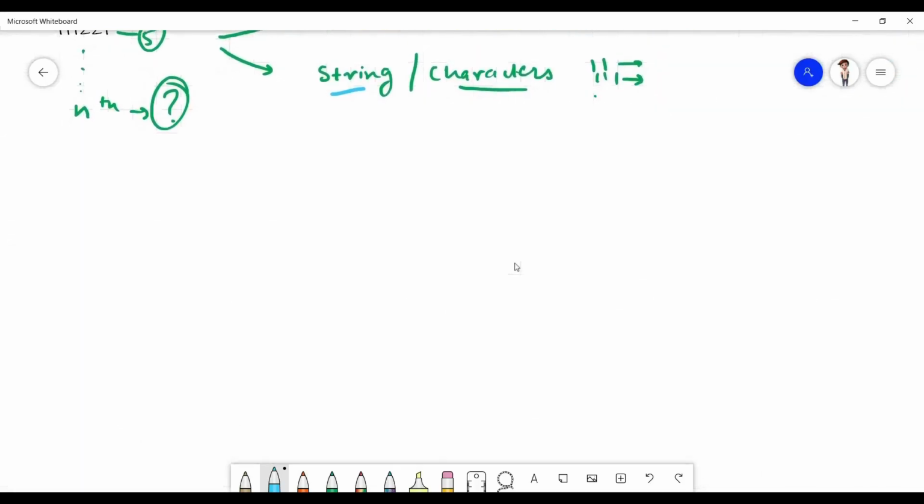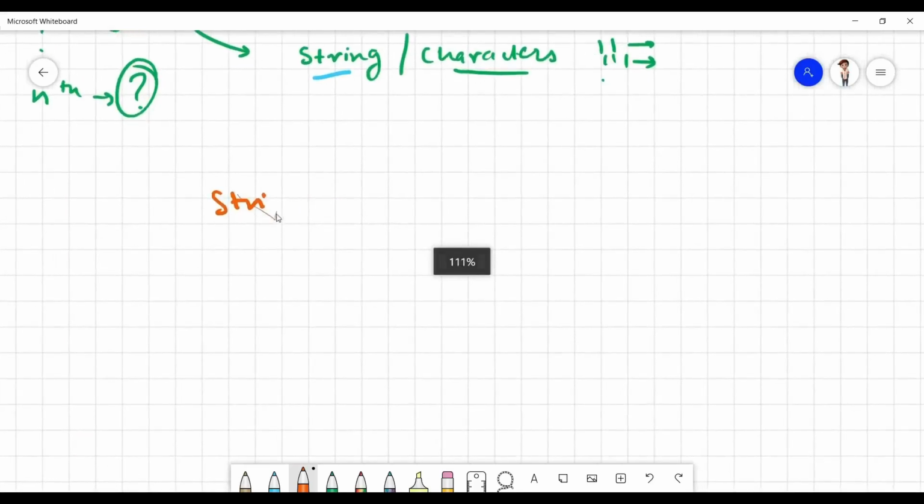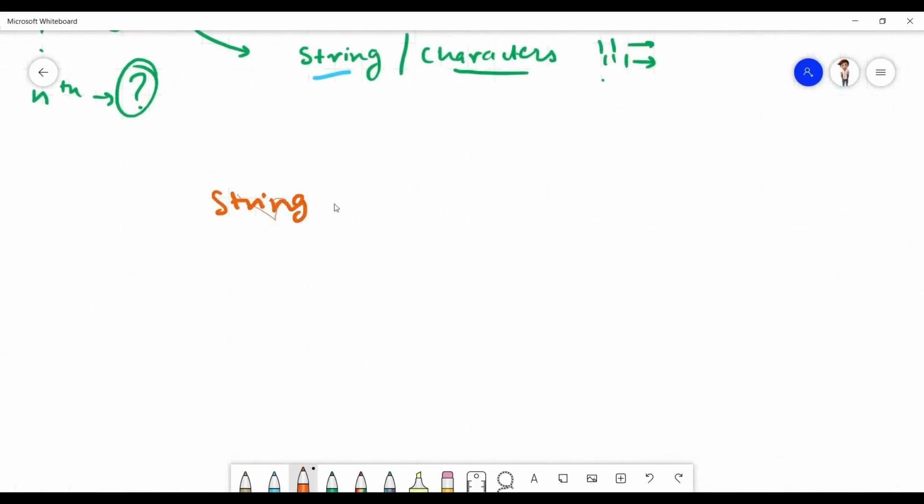Let's have a glance over this. Let me write the string approach, and let me write the pattern also.